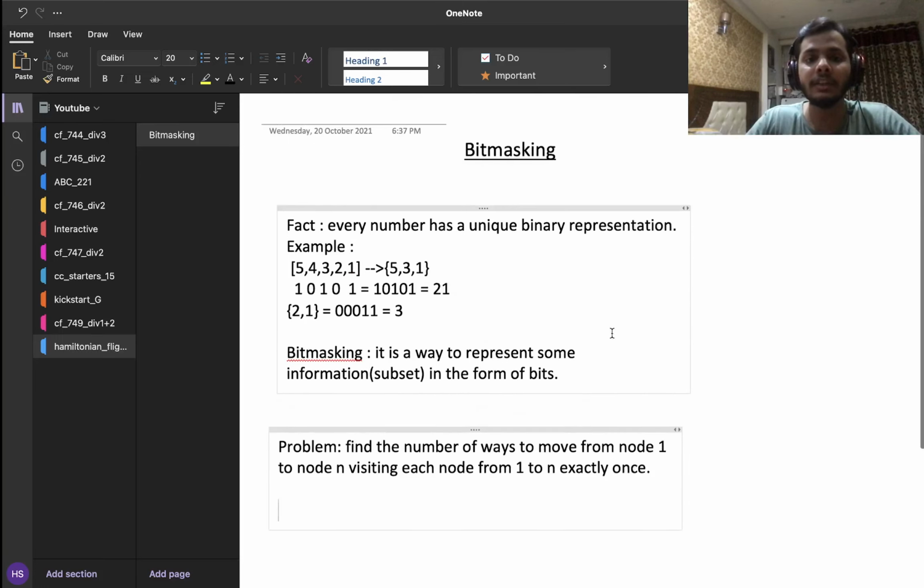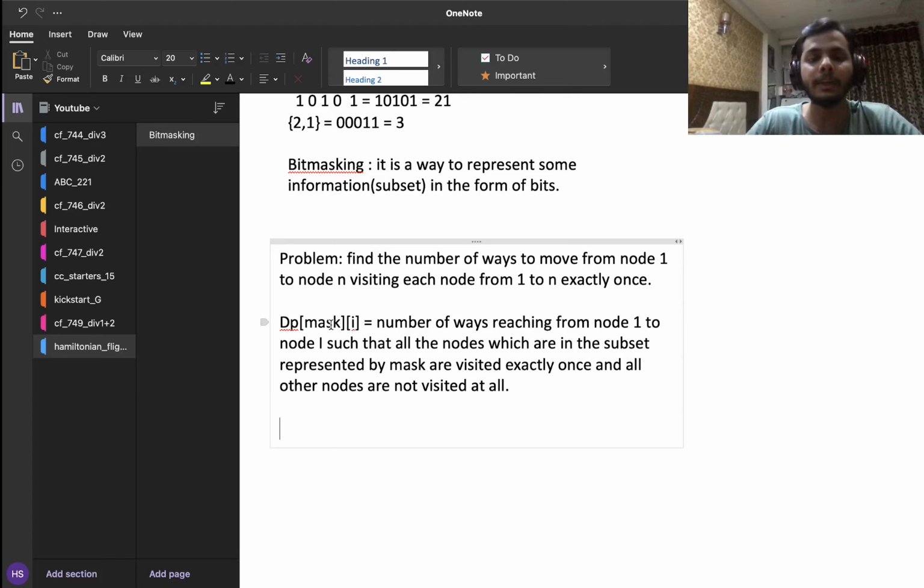If this is the state of my DP, I also recommend you to pause this video for 2 minutes and try to comprehend what this state represents, and continue watching when you are done realizing what this state of DP is actually representing. And if you are done comprehending that, then you probably know what the final answer is going to be.